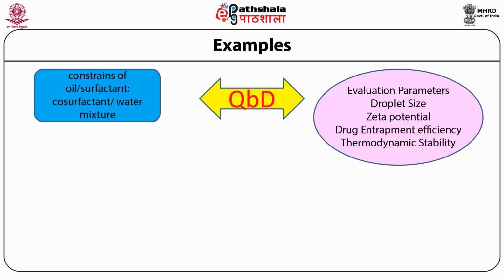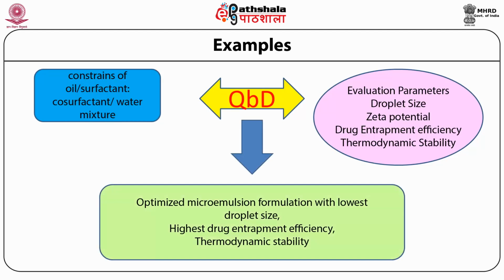All these parameters, along with the constraints obtained from the microemulsion region, are equated, and the best formulation, that is the optimized microemulsion formulation with lowest droplet size, highest drug entrapment efficiency and thermodynamic stability, was determined